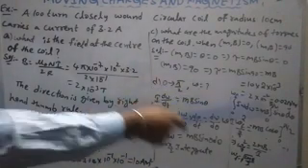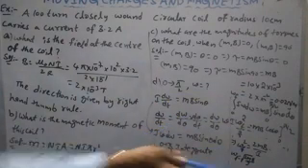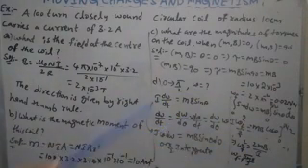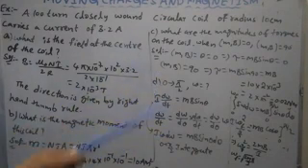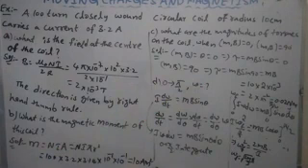I just teach the concept, and afterwards you can substitute the values and simplify. You can take this one as homework. If the coil is rotated from 0 to pi by 2, then what is the angular speed? They will give the moment of inertia also. How to calculate it?